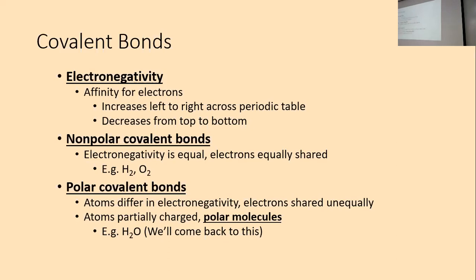So if we're talking about water, which is oxygen here, hydrogen way over on the left, right? They have very different electronegativities. Oxygen is more electronegative. It is going to hold electrons tighter to itself versus hydrogen, which is much less electronegative and is going to let those electrons be a little further